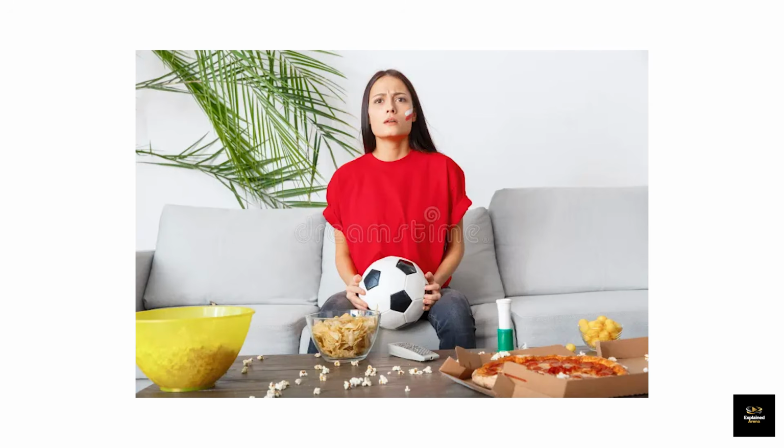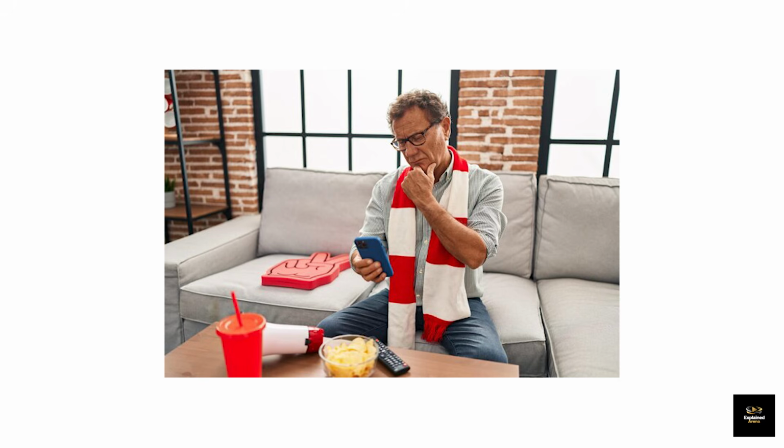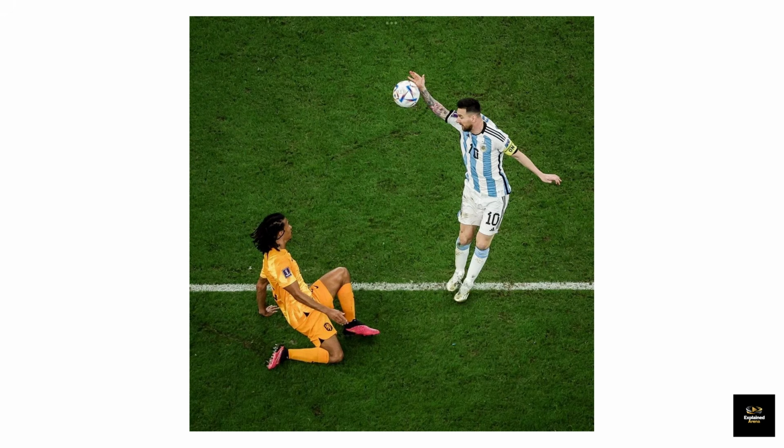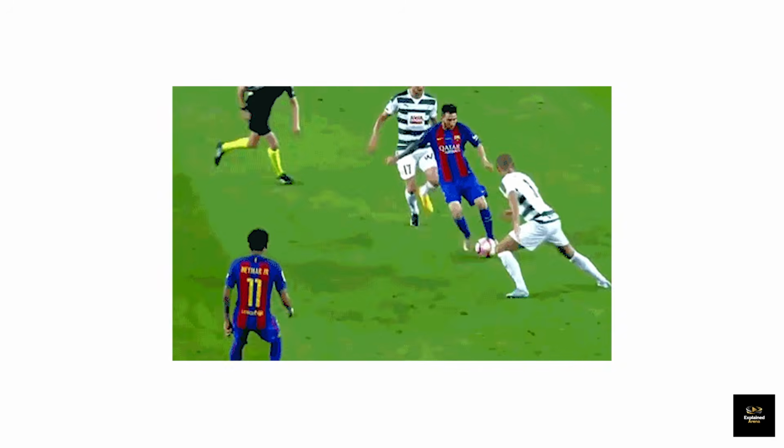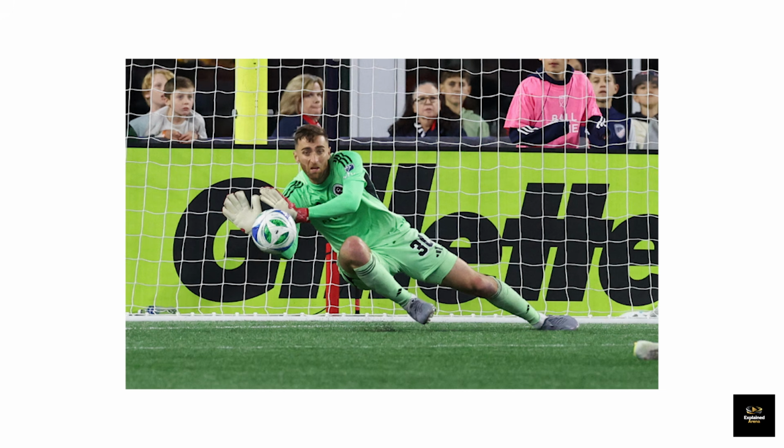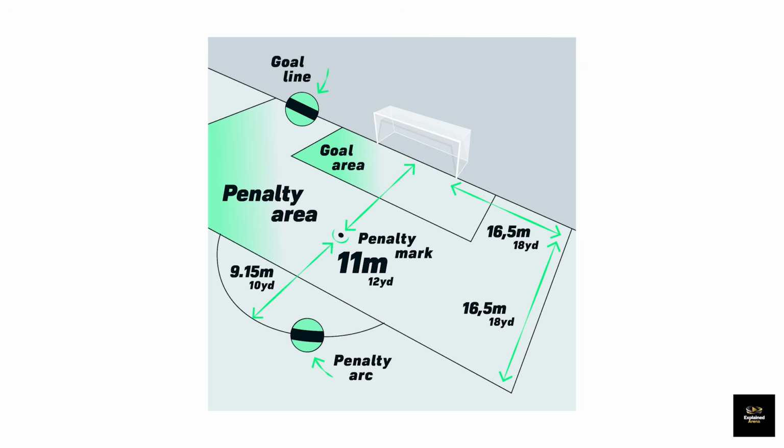The rules. This is where things can start to feel confusing for beginners, but the core rules are actually quite simple once you break them down. The most important rule is that outfield players are not allowed to use their hands or arms to control the ball. Players mainly use their feet, but they can also use other parts of their body like their chest or head. The only player allowed to use their hands is the goalkeeper, and even then only inside a specific area